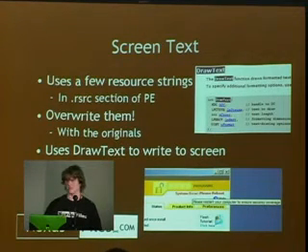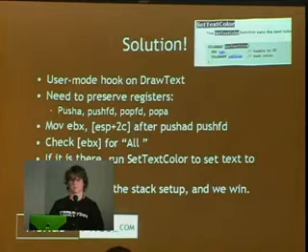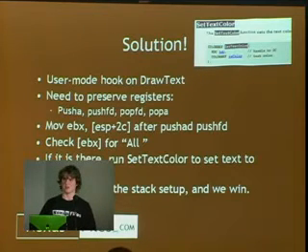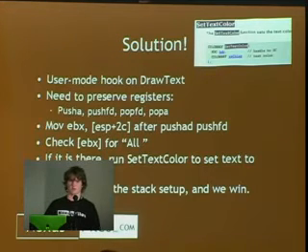Now what's the problem with this? This message right here is usually in green. So that would be another alert that we have to take care of. But of course we have to find a solution to this. Now the route that I took for changing the color of this text was a user mode hook on DrawText. So what it's basically going to do here is, through all this stuff,